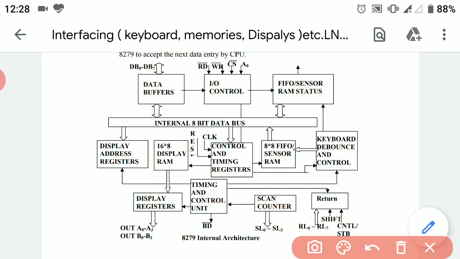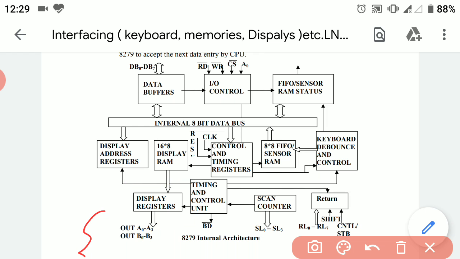The data which is coming from the 8086 for display is going to be piled up in this RAM. This 16 into 8 display RAM will store the code for different data, and that will be displayed one by one from this RAM. Now the next block is display registers. These display registers have registers which generate two output buses.